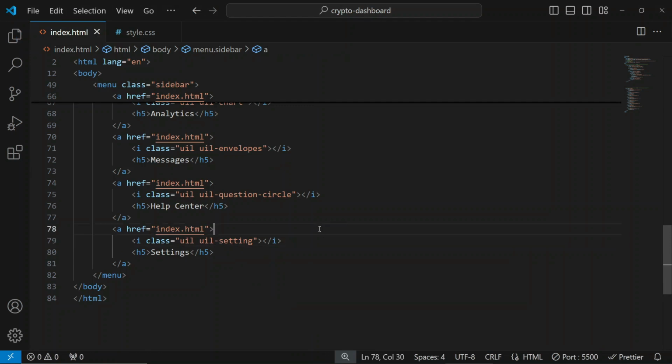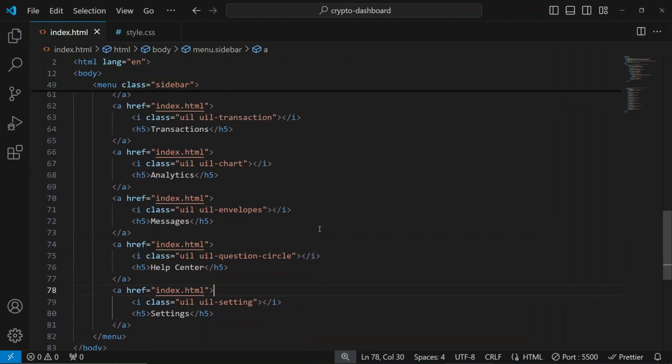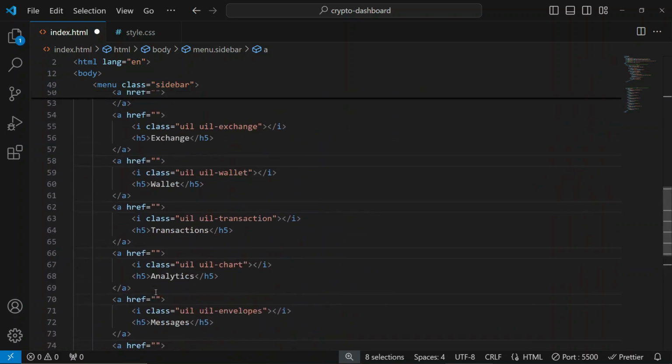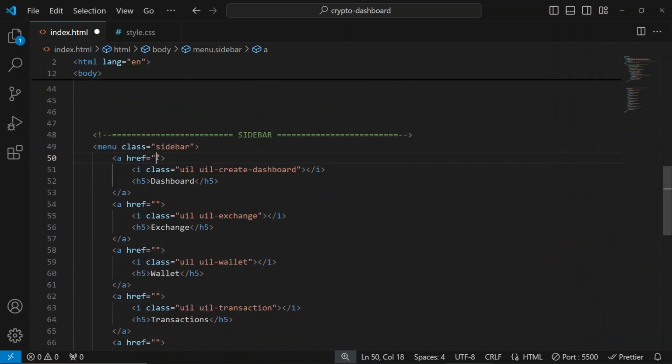All right, so that is it for the HTML. Now what we have to do is to make sure we get rid of all these except for the first one. Okay, so I'll just rewrite it for the first one,